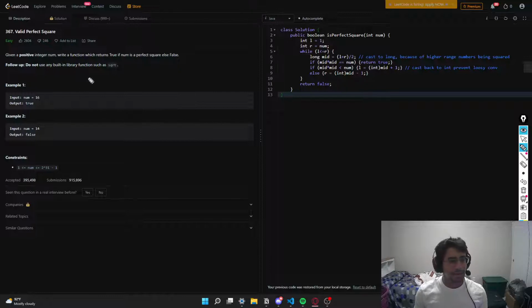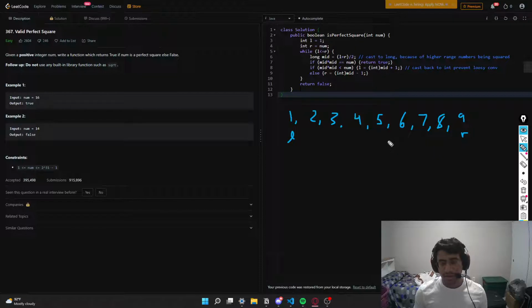So this is pretty simple. All we're doing is just a binary search, looking for one specific number. Since the constraint is 1 for the lowest value, start with 1, 2, 3. Let's say we had something like up to 9, right? We have a left pointer and a right pointer. And then we'd want to find the midpoint. This is how we do a binary search. We find the midpoint, and then we can see, okay,